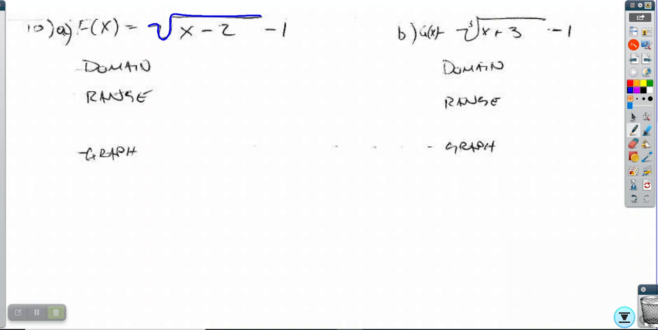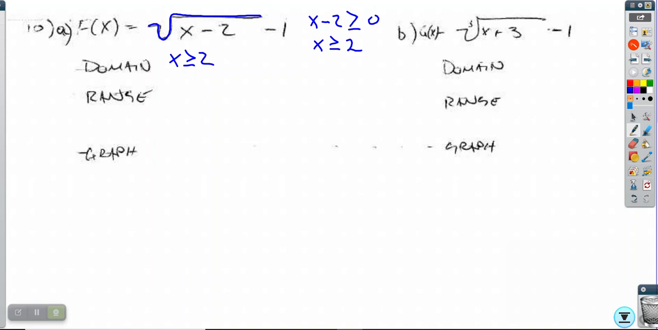So that means that x minus 2 has to be greater than or equal to 0, because we could equal 0. Well, that means x is greater than or equal to 2 in this case. So that's what our domain is going to be. X is greater than or equal to 2. Now, when it comes to our range,